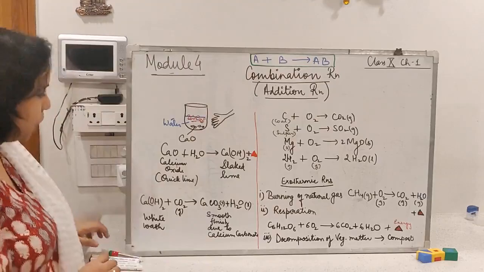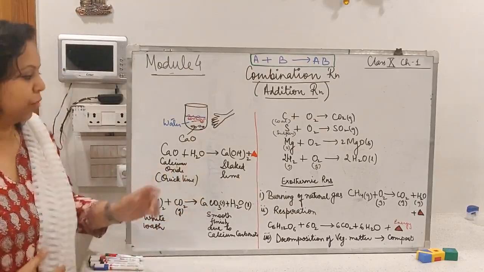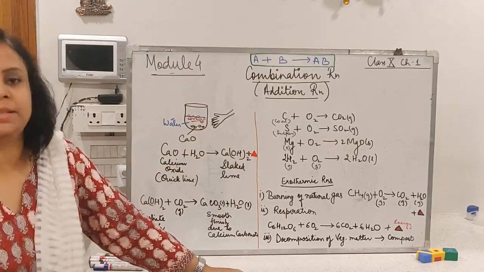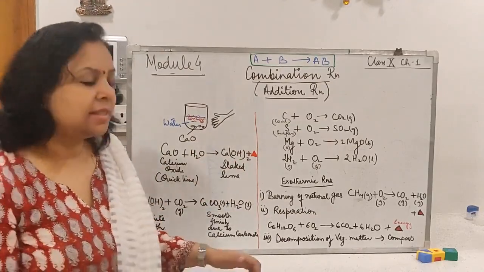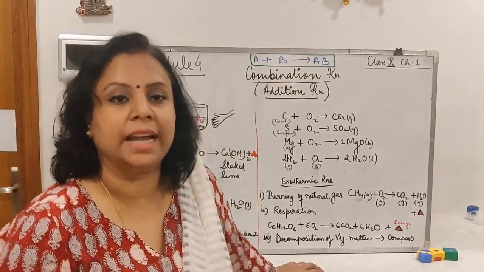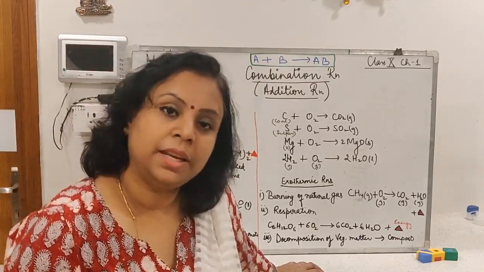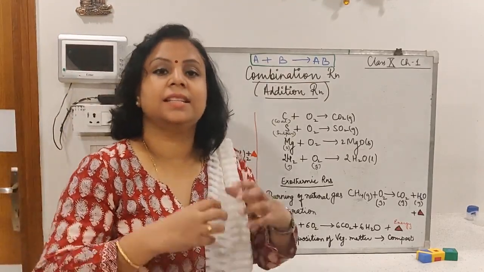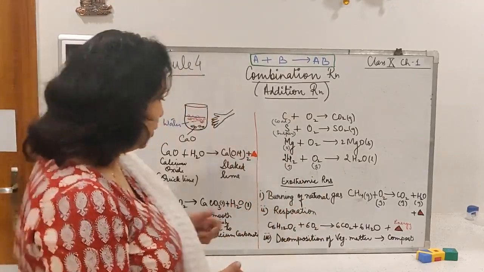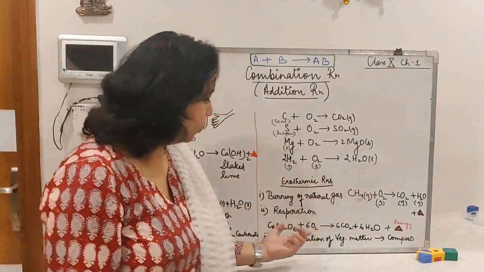Alright. So over here, when we see this reaction of formation of slaked lime, we observe that heat is given out. Children, it is a general observation that many combination reactions are exothermic in nature. Exothermic in nature means heat is given out as one of the products. Now if you see the examples of exothermic reaction over here,